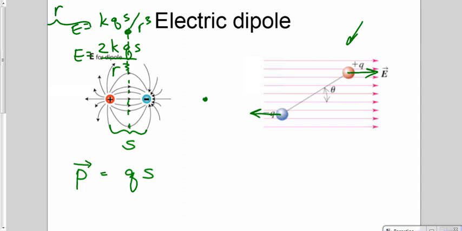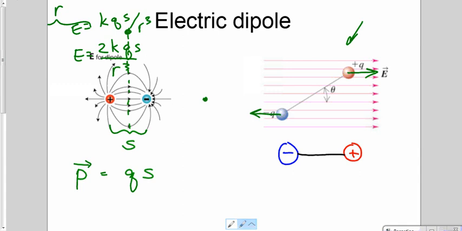So we're not going to have any net left-right or up-down movement of this dipole, but we do have a net torque, as you can see. So we will tend to spin this, in this particular instance, in a clockwise fashion. And so soon enough, you would see the positive charge here and the negative charge here. They want to line up